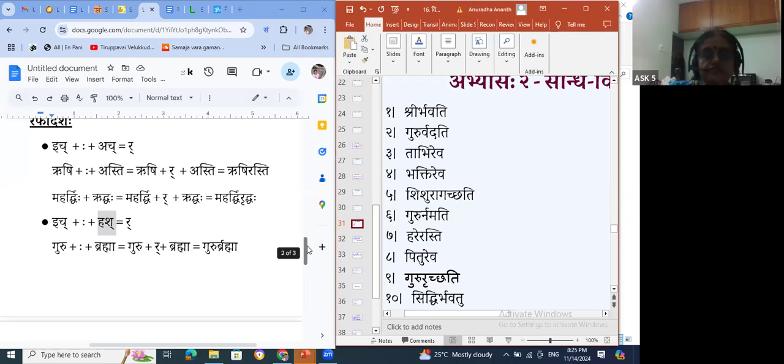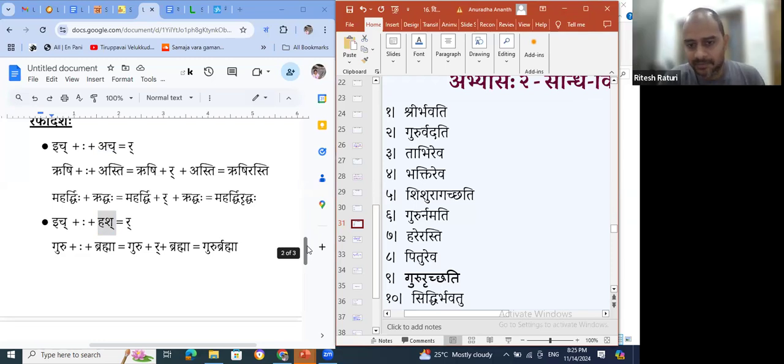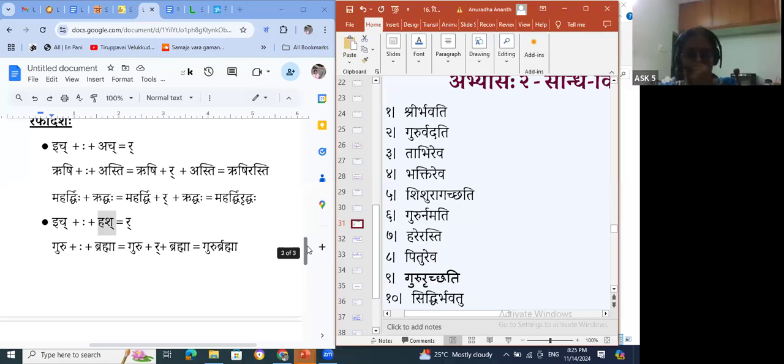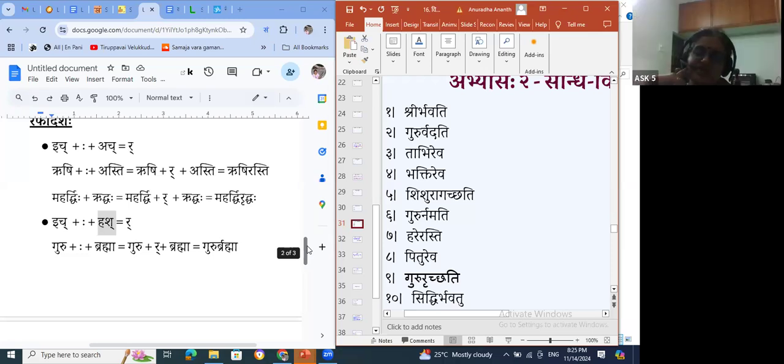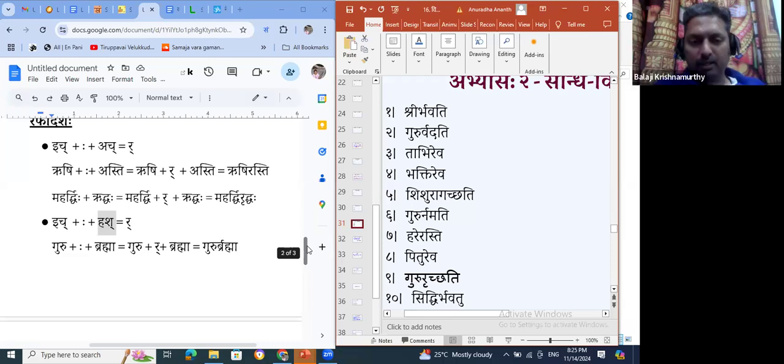Pituhu Eva. Ich followed by Eva. Ach. Pitu Reva. Balaji Mahodaya. Guru Richati. Mahodaya, that's right, or Guruhu Ichati, this would be Guru Richati, right? Is there a word called Richati? No, this is again the example we did for Mahardi Riddha.